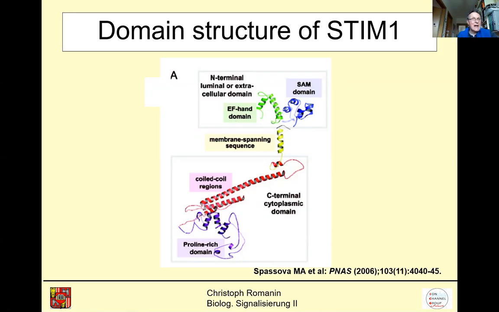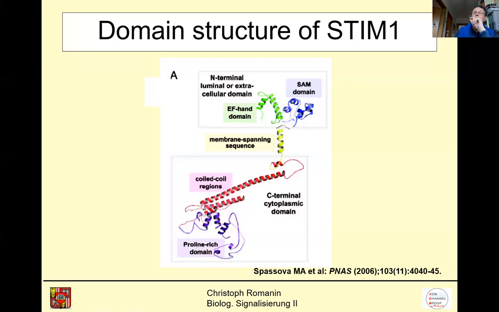EF-hand domain is a calcium binding domain. So this part in the lumen of the ER could be the sensor for calcium. And by sensing a drop in the calcium concentration, meaning when calcium dissociates from that domain due to the drop, a signal might be generated that is conveyed to the cytoplasmic side of this protein. And you can see here, when we have a closer look at the cytoplasmic side,